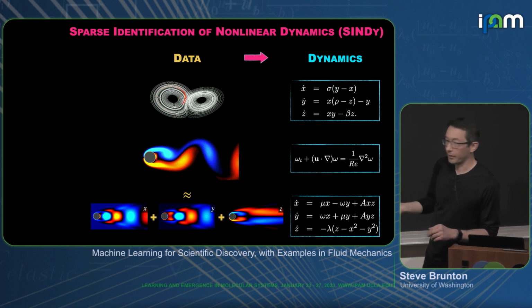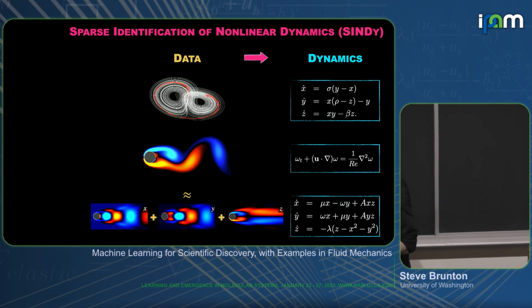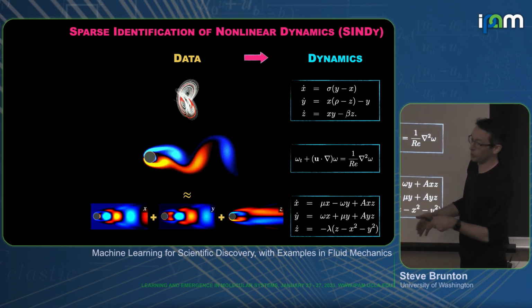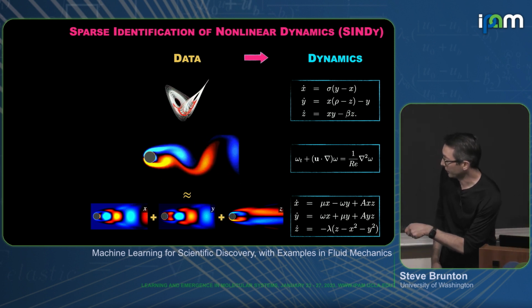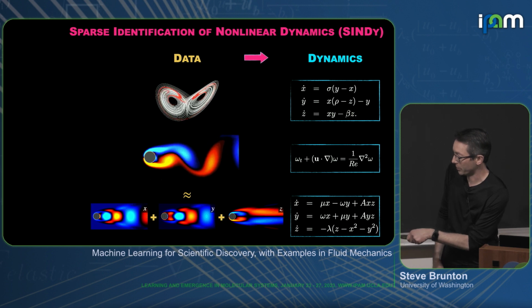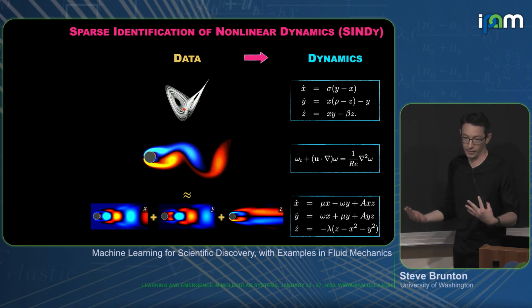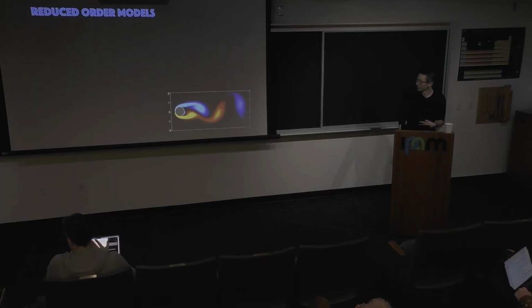Okay, so I'm going to talk about this bottom row now, of how we get these. These are what we call reduced order models. These are low-dimensional ODEs that are tailored to a specific kind of geometry of a PDE we're analyzing. And this model here is actually the famous 2003 Barrett-Nowak model for this flow. This is one of the most famous models in fluid dynamics, and I'll show you how we can learn it from scratch.